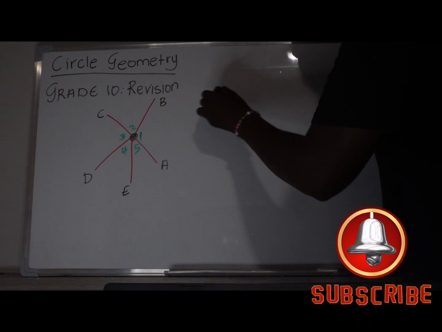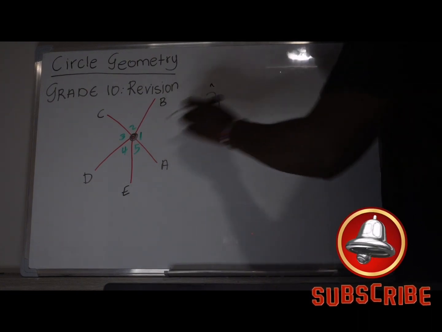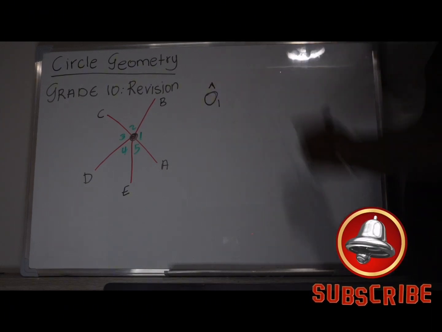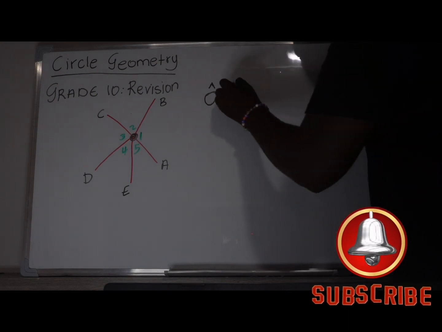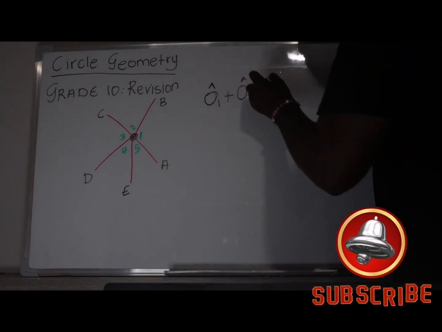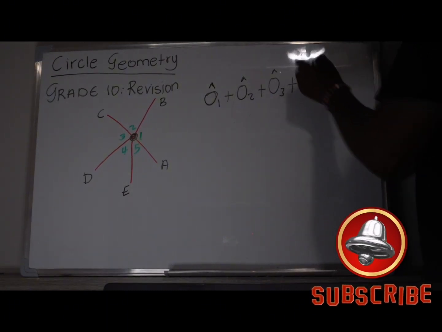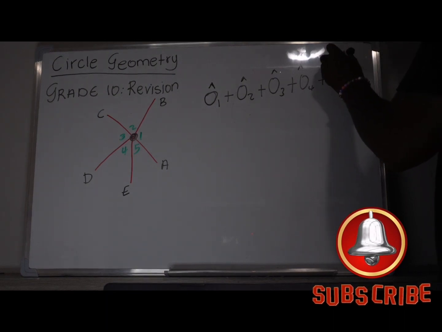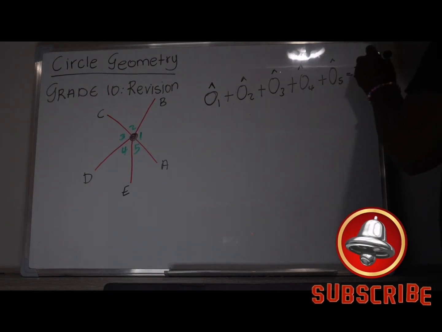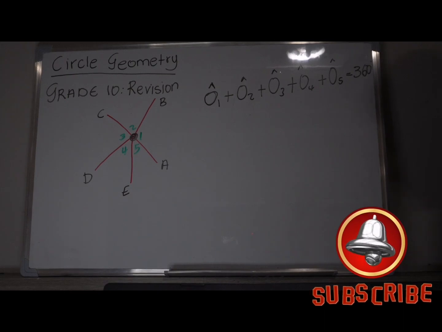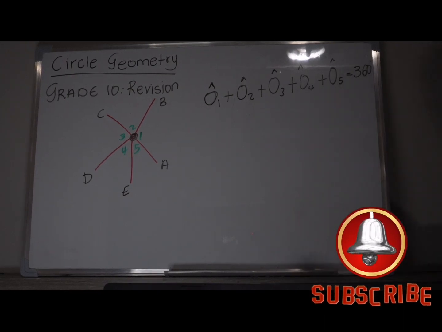Which means angle O1, and here, this thing means an angle, like that guys. Angle O1, plus angle O2, plus angle O3, plus angle O4, plus angle O5 equal to 360 degrees. Now, in geometry, you've got statement and reason. Why are we saying O1 plus O2 plus O3 plus O4 plus O5 equal to 360 degrees? Why are you saying that? Because